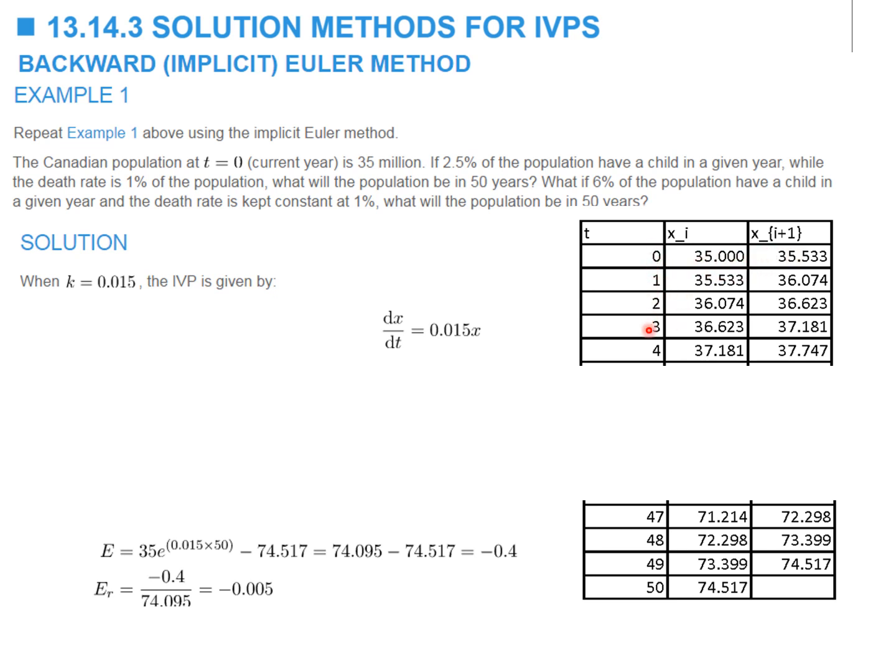As I advance in time, the population increases, and after 50 years, the population is predicted using the implicit Euler method as 74.517 million. We already know the true value because the equation can be integrated. We can find a closed form solution for the integral, and so